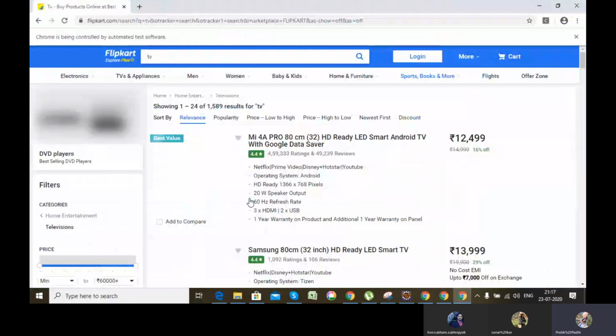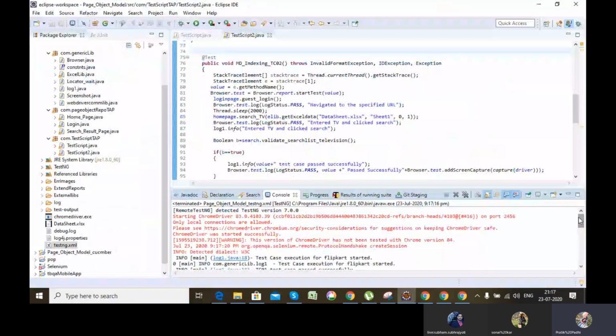See, I run my suite. So you can also run a suite, and you can also run a single test case. It all depends on you how you'll be using the framework as per your requirement. Got my point?